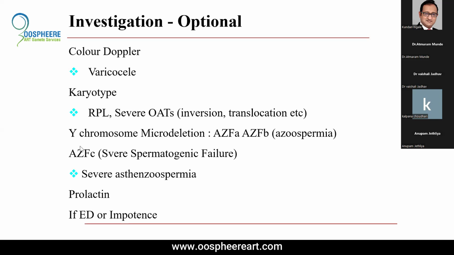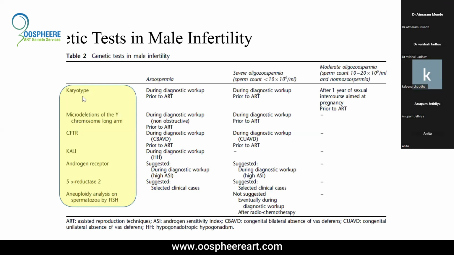But the count is not going to improve because the cause is genetic, and such a patient will only benefit by doing ICSI and by cryopreserving the semen sample. Remember, do not waste your time on further testing or medical management. Genetic testing, I told you, karyotyping, Y chromosome microdeletion, prior to the diagnostic workup in non-obstructive